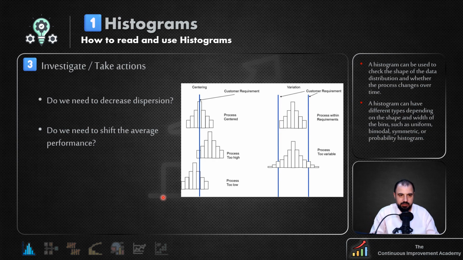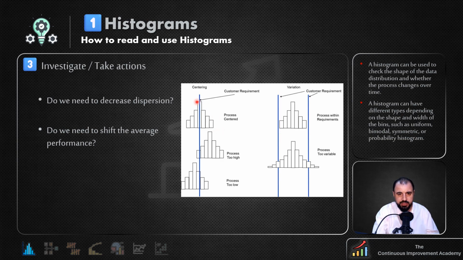So for example, here if we compare our performance to the target, we have the customer requirement, for example the 3.44. In this case, we can see that our average performance is matching the customer requirements. Yes, we have dispersion, okay, but our average performance is hitting the